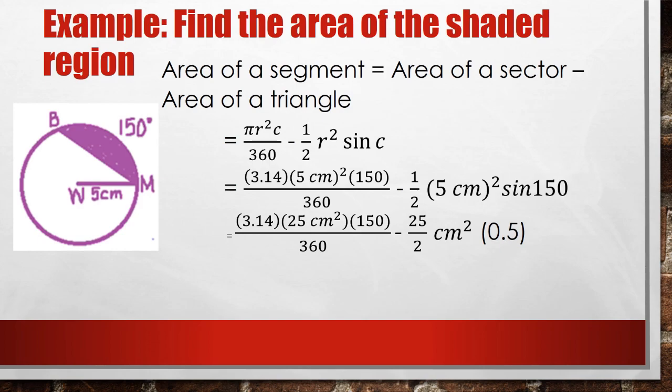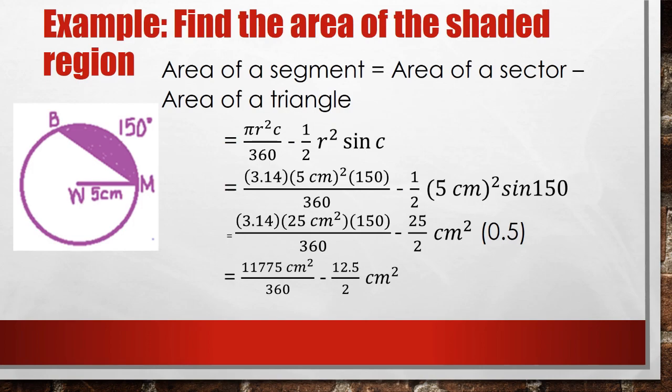So, bakit naging 25 over 2 to? Diba yung 5 centimeter to the second power is equivalent to 25. So, 5 times 5 is 25 over 2. Now, simplifying, multiply all the numerators. So, we will get